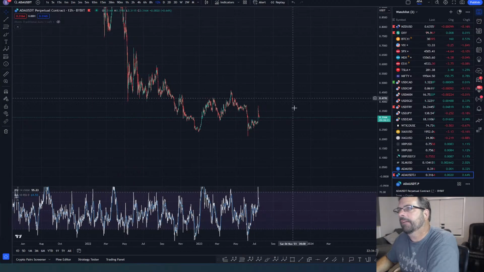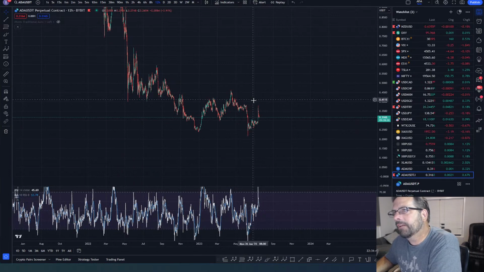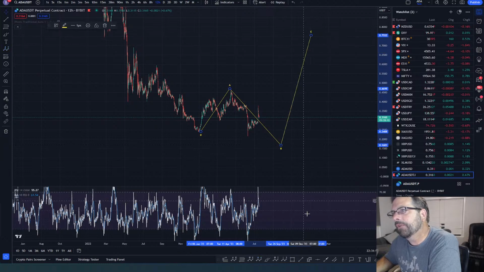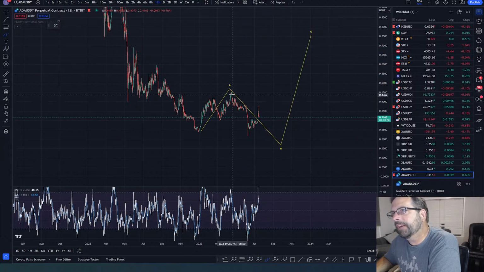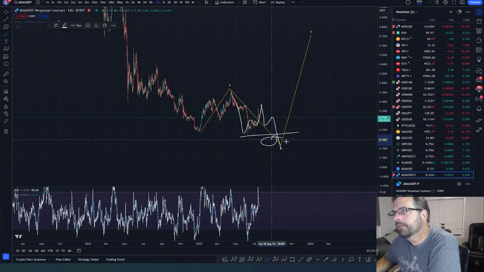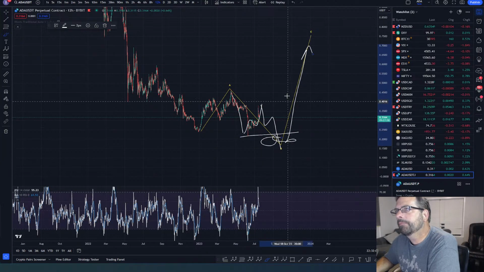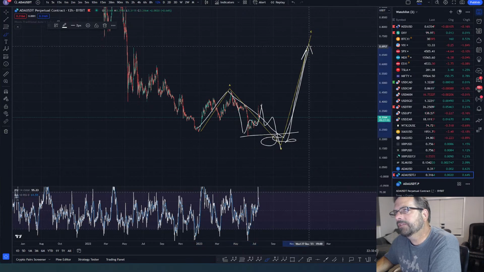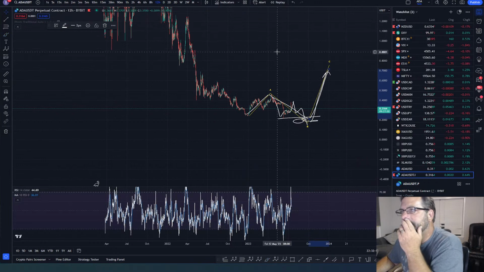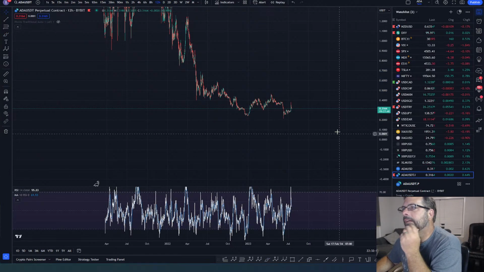Another possibility here is that the B wave is going to get more complex. So we got an A wave to here, boom, and the B wave's coming down here. Going to take the low out, and the C is going to shoot up. This could be finished 3, 3, and we get 3 down. Boom. Take the low out, and then V-shaped recovery. Boom. A, B, C. That could be something we're looking at with ADA.